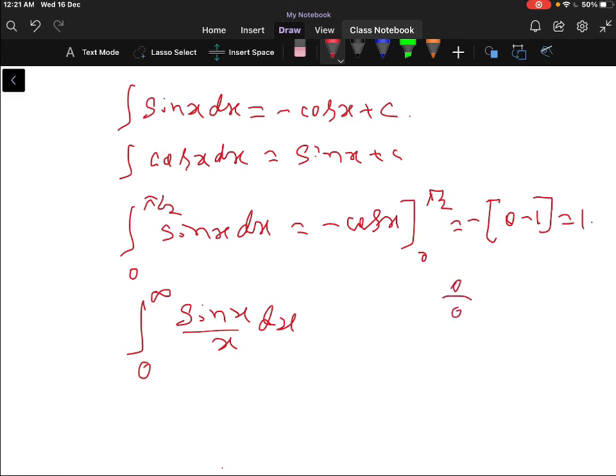So this is a 0 by 0 form, which is indeterminate. The function is not defined at x is equal to 0. So therefore analytical approach is not possible to solve that equation. Therefore we can use the numerical methods to solve